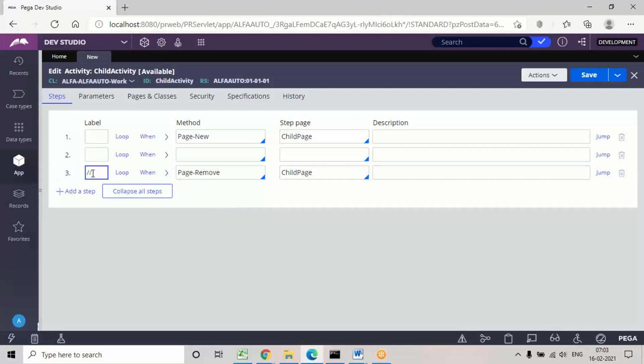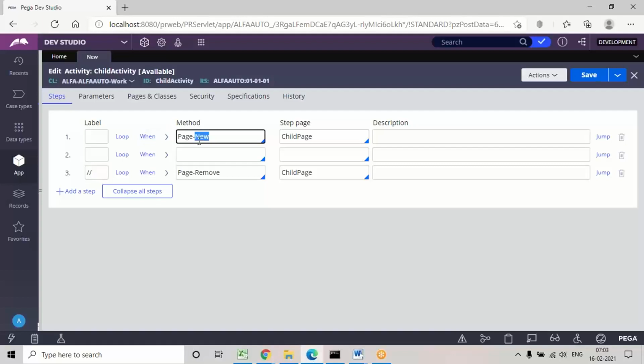Whenever you execute any activity, we need to block this step, because if you don't block it, we cannot perform any debugging, because the page will be removed. The page will be added, and the method parameters we define will be assigned to the clipboard, and the page will be removed from the clipboard. So whenever we take the page new method, page remove should compulsorily be added at the end of the activity. But if you execute that activity, we need to block that step.